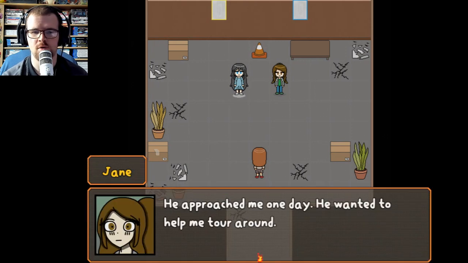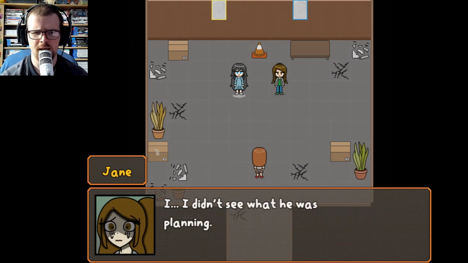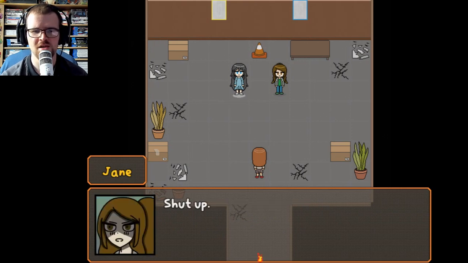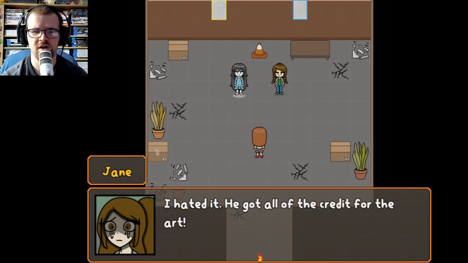He approached me one day. He wants to help me tour around. I mean, I definitely could have used the help with all of the behind the scenes stuff, you know. I didn't see what he was planning. I was so stupid. It wasn't you. He was manipulating. Shut up. Just shut up. Damn. This is kind of like a topsy-turvy sort of thing. We end up in a deal. I hated it. He got all of the credit for...